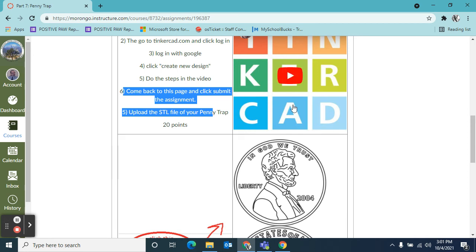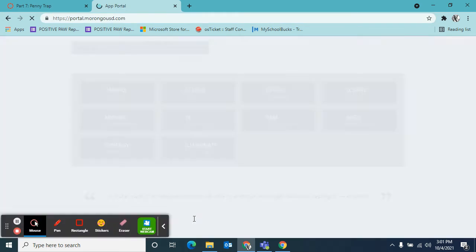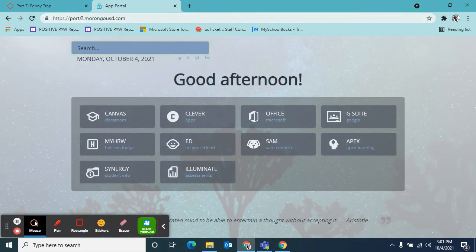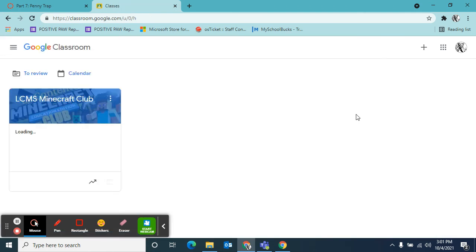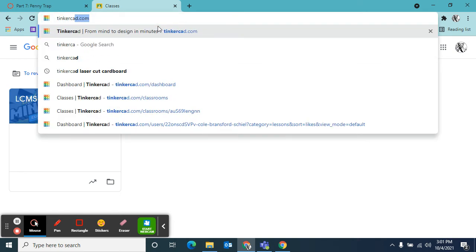Okay, so we're going to go ahead then and continue with those steps. So first thing I'm going to do is I'm going to go ahead and open a new tab. I'm going to go to the app portal. If you've got it bookmarked, go directly there. Right, and then from here, I'm going to log into G Suite. This is how we always log into TinkerCAD. Once I've done that and you have your little letter over here, you actually don't need this window anymore. You can now go to